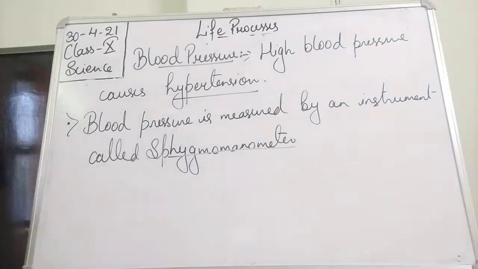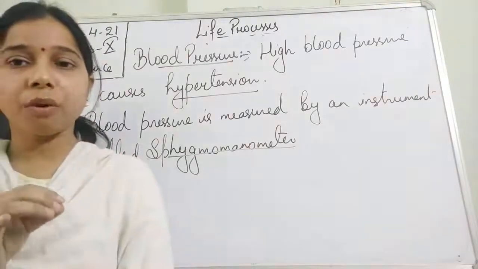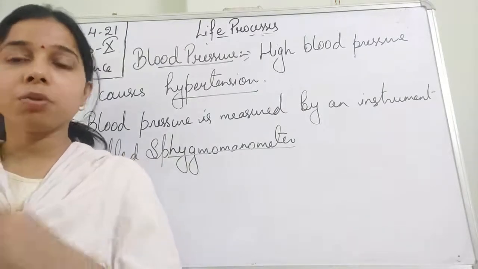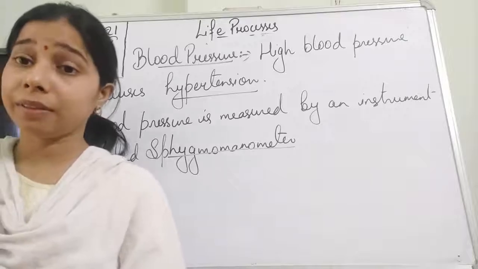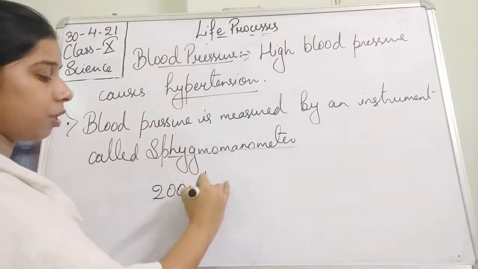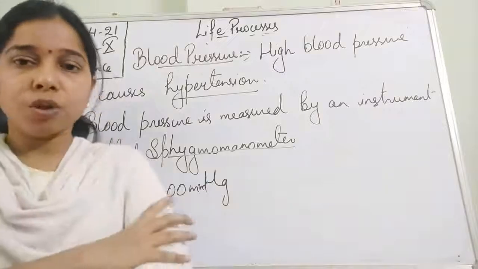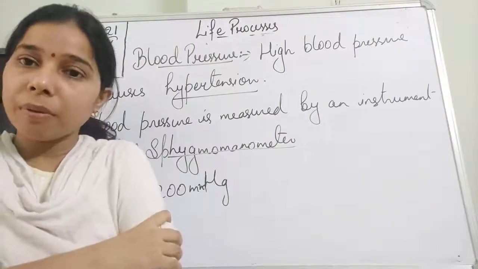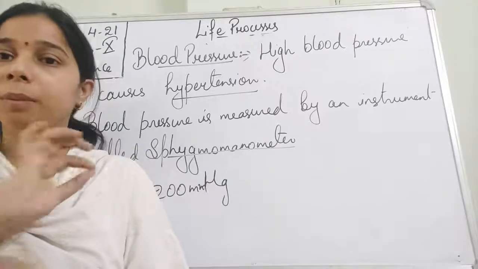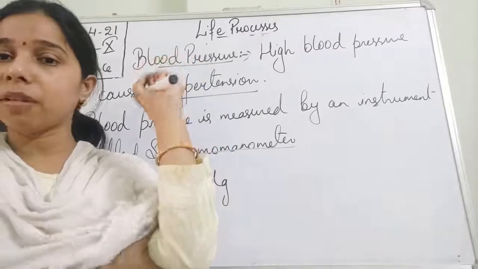So basically, this cuff is used to wrap the person's arm. Okay, so this rubber cuff of the sphygmomanometer wraps the person's arm, and then we increase the pressure. The pressure that we increase reaches up to 200 mmHg. When we increase the pressure, the grip of the rubber cuff also increases, and ultimately a stage will reach when there will be no flow of blood through the blood vessel. It means blood will stop here, students.